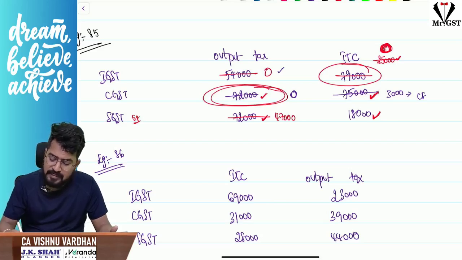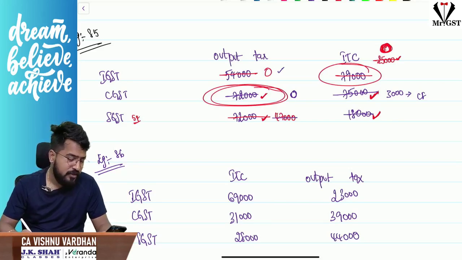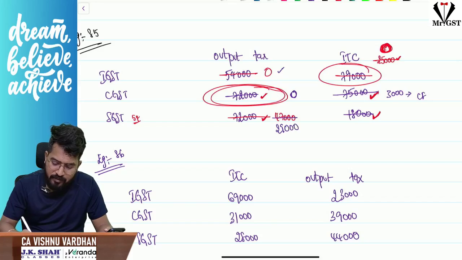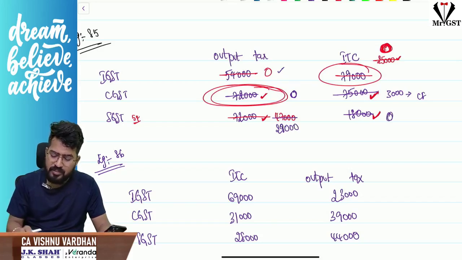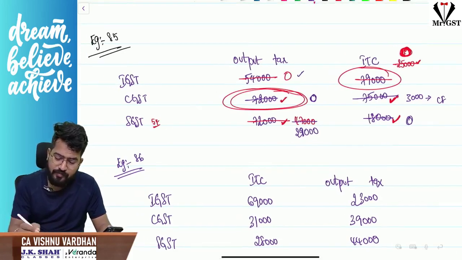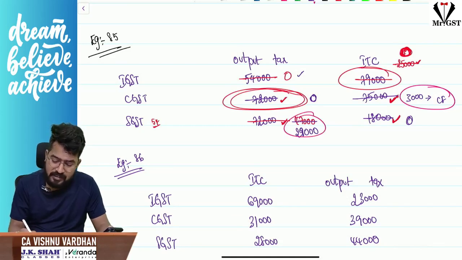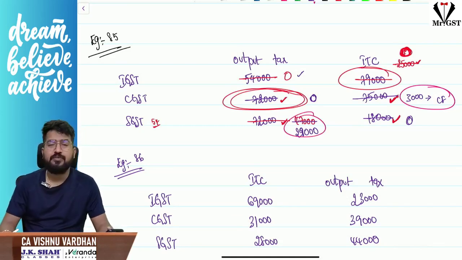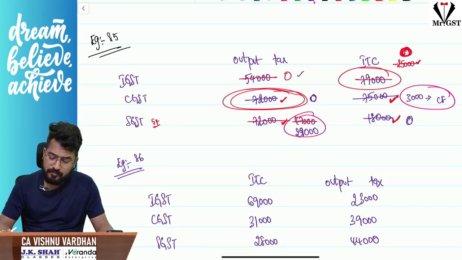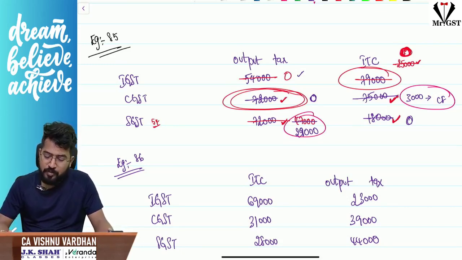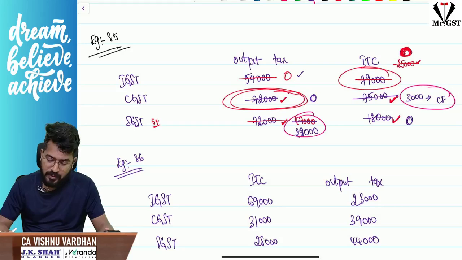Now coming to SGST, SGST ITC 18,000 is there, but liability 47,000. So if you reduce that, still 29,000 payable will be there. This became 0. So this will be the final answer if you see. Correct. So CGST carry forward 3,000, SGST payable 29,000. This will be the case. Hope it is clear for you, right? So that is the point. Next,